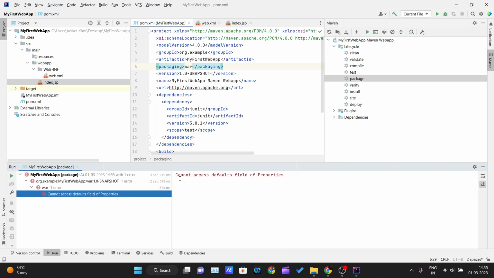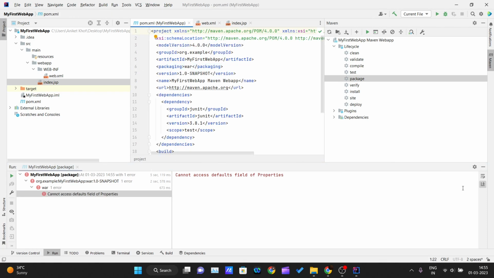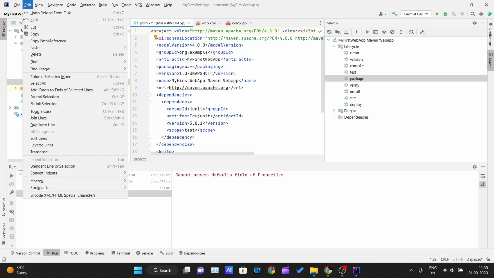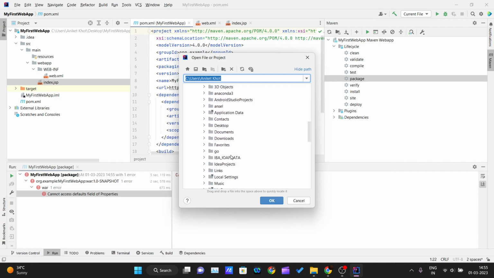Now most of you will get this error: cannot access default fields of properties. Most of you might get this error. How to rectify this error, I will tell you that. First of all, let me go and open one of my previous projects where the code to rectify this error is there. So I will go inside my desktop,